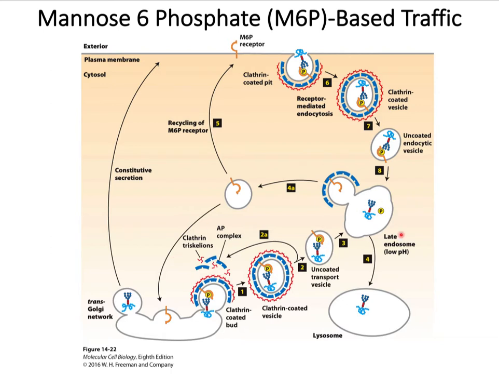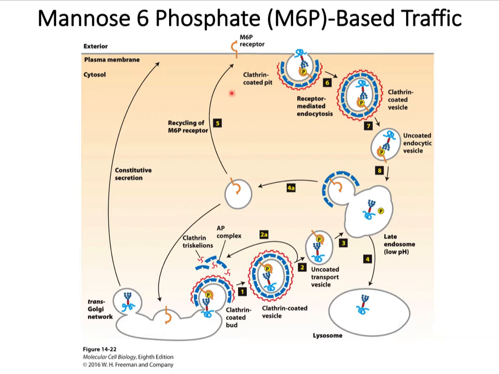This is not a safety net, but basically a retrograde transportation of the receptors. But what happens if a lysosomal hydrolase is accidentally secreted out of the cell? The cell also has a safety net to retrieve the lysosomal hydrolase, and it turns out there are mannose 6-phosphate receptors on the plasma membrane. So if a lysosomal hydrolase is accidentally caught up in the constitutive secretory pathway, right here, meaning the hydrolases go straight onto the plasma membrane rather than going through the clathrin-coated pit into the late endosome and lysosome,